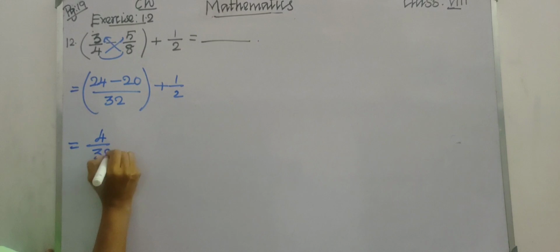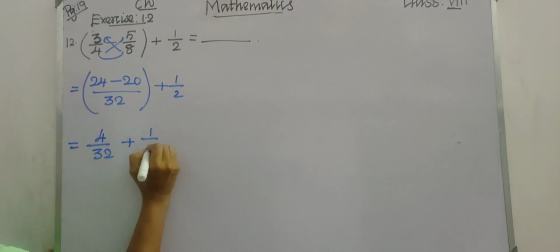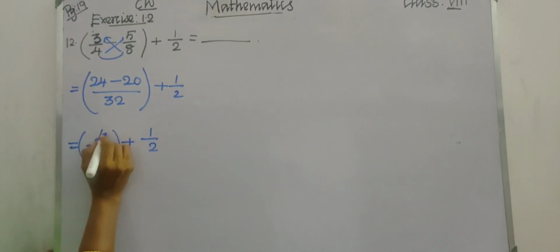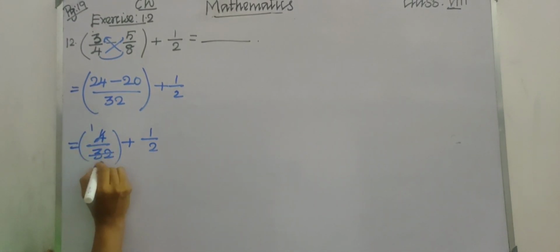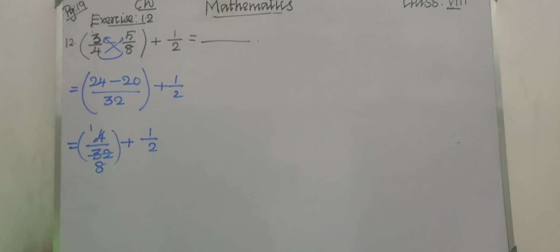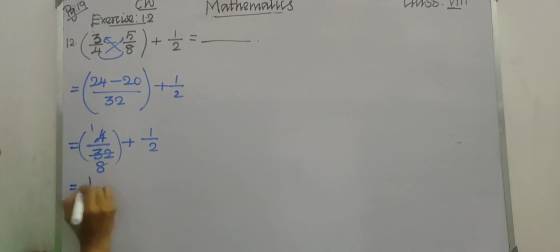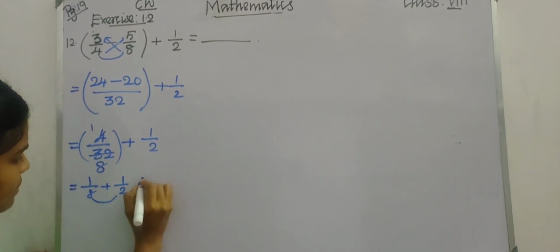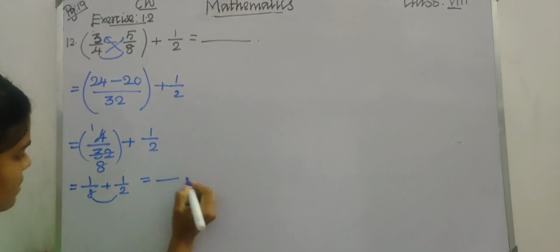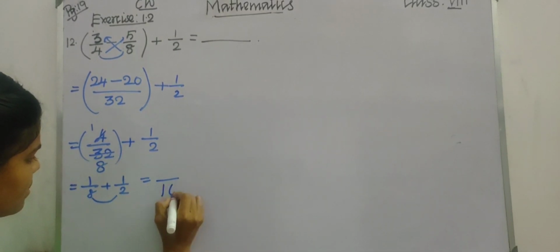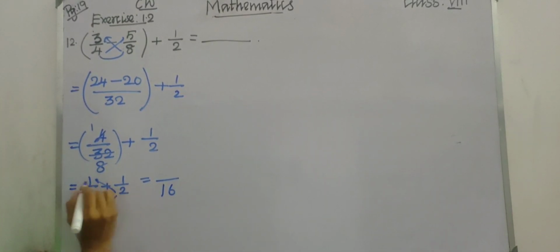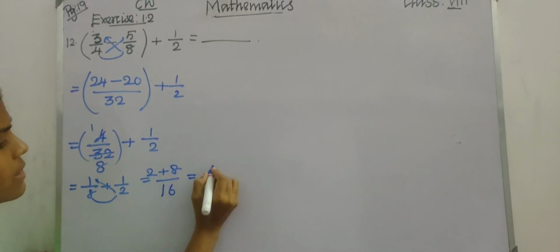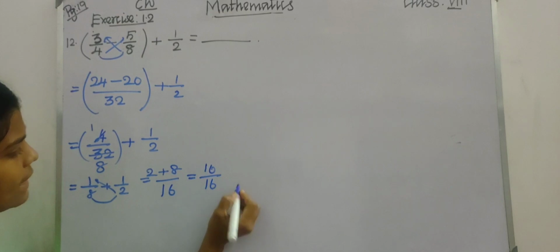4 upon 32 plus 1 upon 2, okay? Now we can simplify it to the standard form, right? 1 4 is 4, 8 4s are 32. Okay children, so now we got 1 upon 8 plus 1 upon 2. Okay, now again we can cross multiply, right? So 2 8s are 16. Now cross multiply. 1 2 is 2, 1 8 is 8. So 2 plus 8 will get 10. 10 upon 16. Okay children.